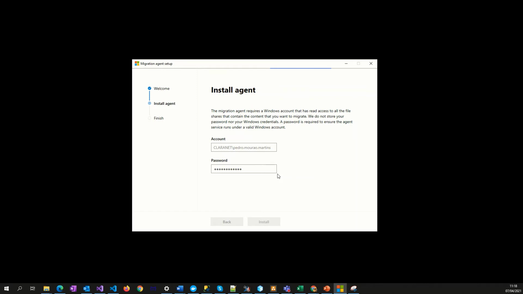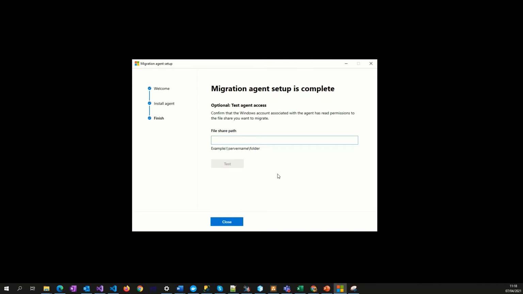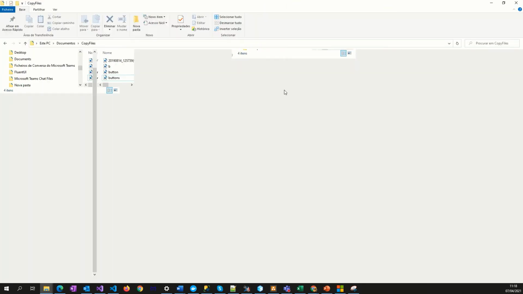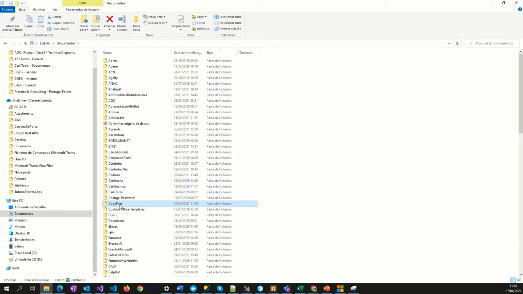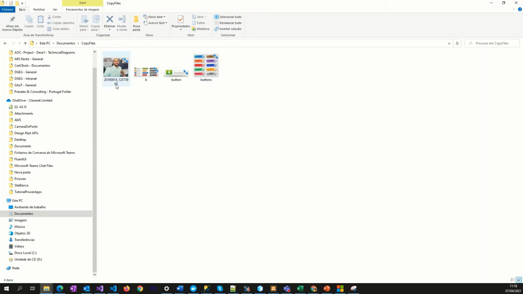After, if everything is good for us, we can see the finish, and of course the file share path. To do that, what you must do is so easy. You can, for example, have a folder, right? I have this folder, for example, the copy files, and in this folder I have some files inside it.